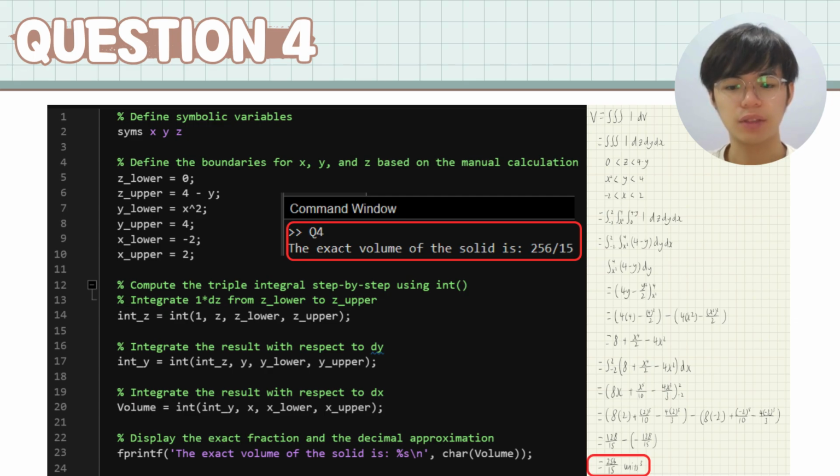To wrap it up, we use the fprintf command to print our final answer to the command window. As you can see, the software outputs the exact value of the solid, which perfectly